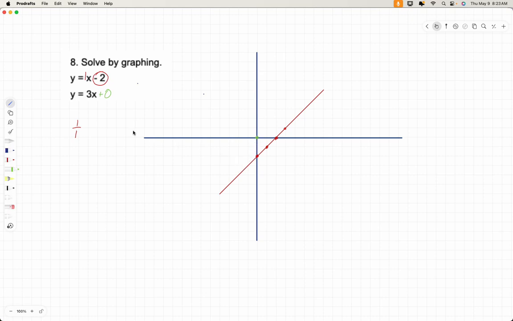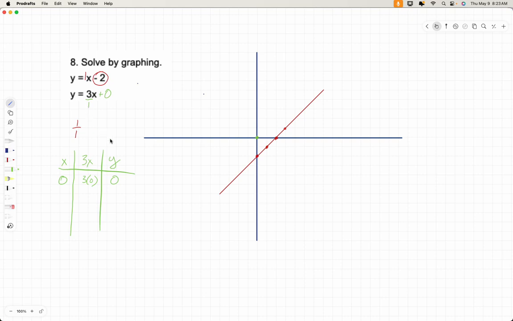Now the other thing that you could do, you could always go back to doing your table. Here's x, and then here is the formula, 3x, and here's y, right? So if x is 0, 3 times 0 is 0. So your point of intersection here is 0, 0. That's a point on the line, right? So our slope is a whole number 3, so we make that a fraction by putting it over 1. Any whole number becomes a fraction by putting it over 1. So now we're going to go up 3 over 1, up 3 over 1, because it's positive.